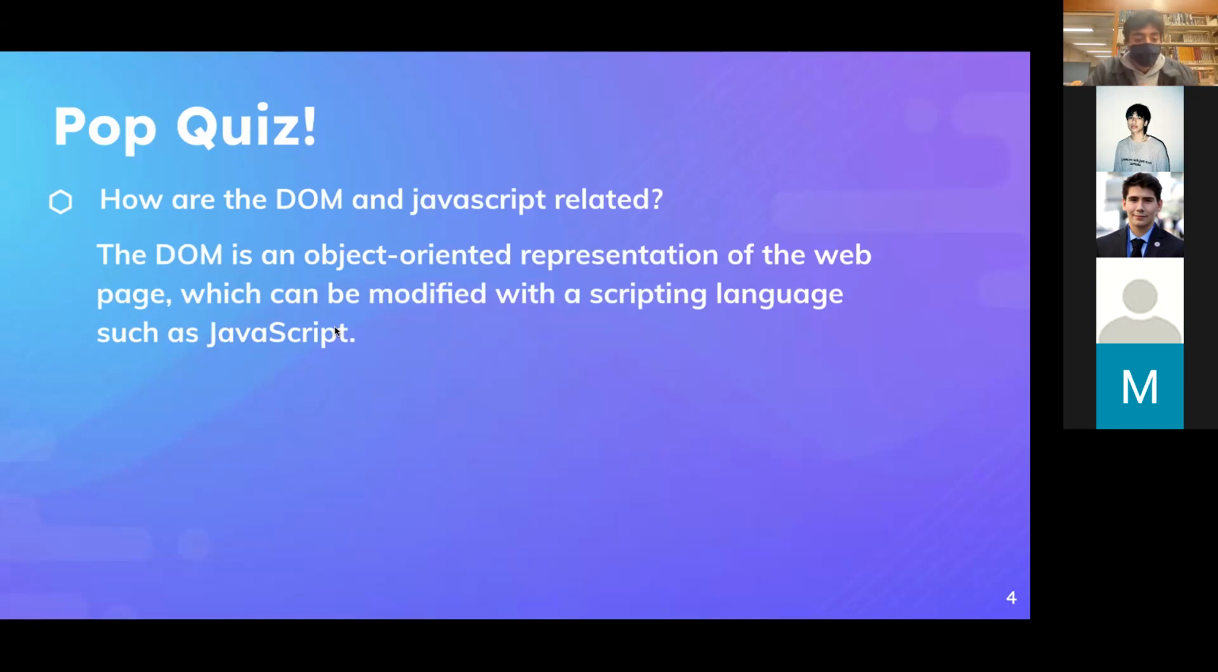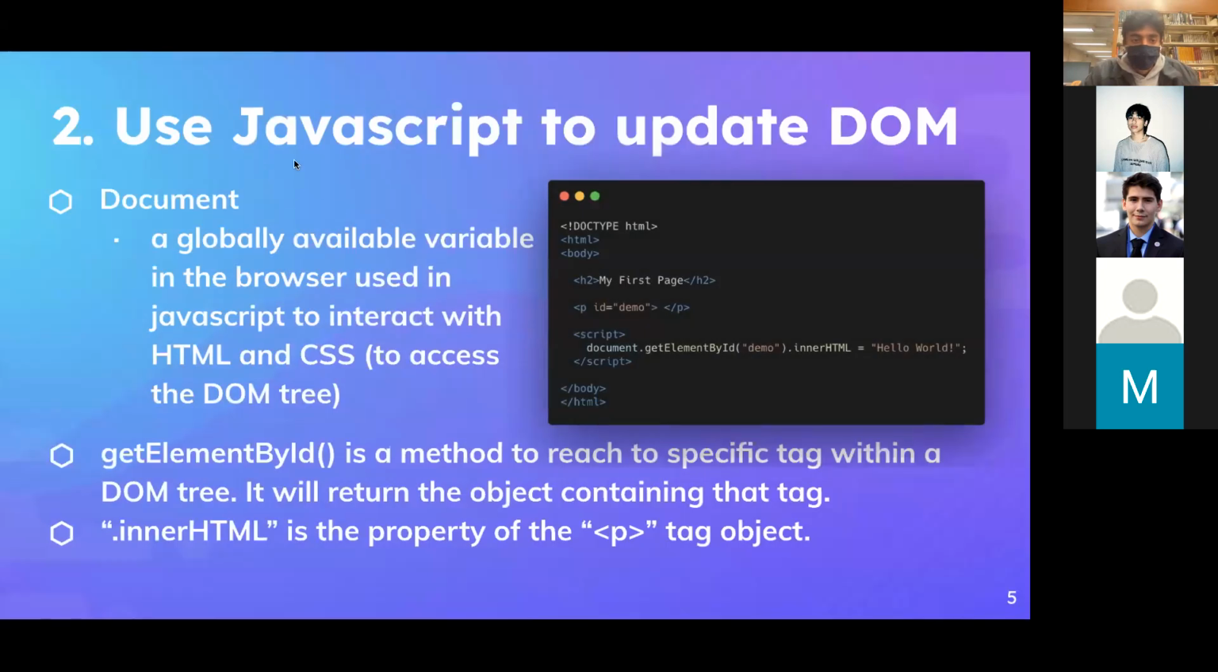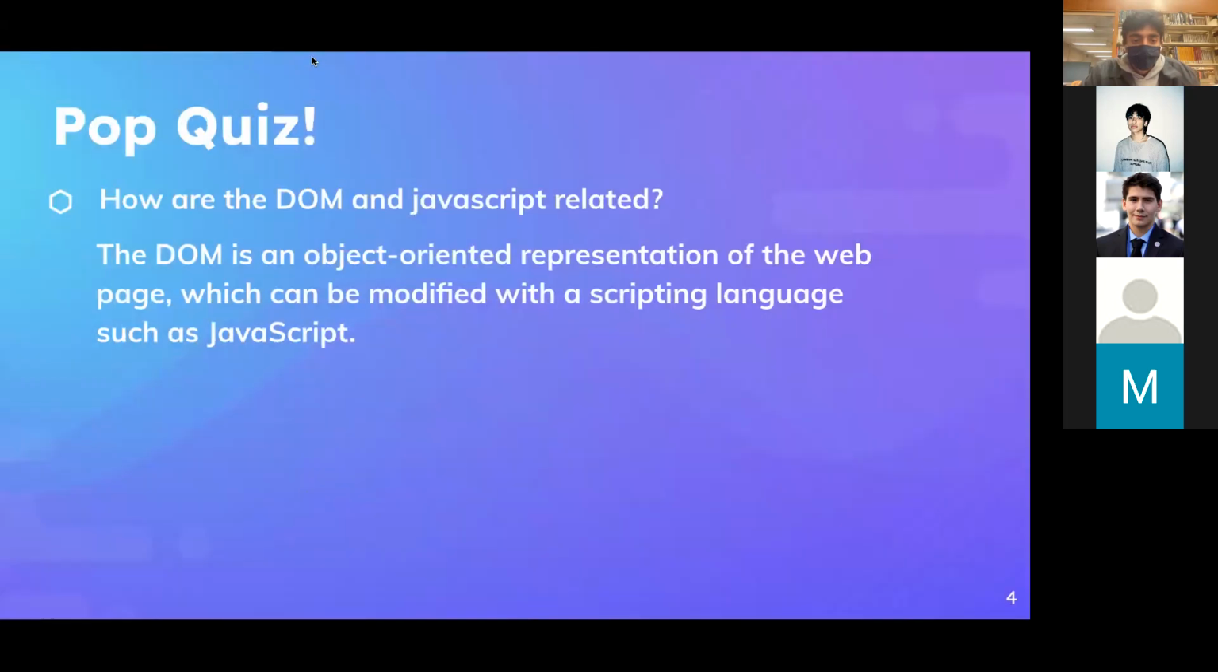Okay, that was a lot of content. Are there any questions? So is the DOM written in JavaScript? It's a little bit complicated, but you can think of it like the HTML is linked to the object. So I'll get into that a little bit later. But